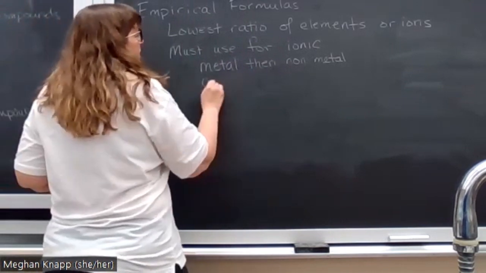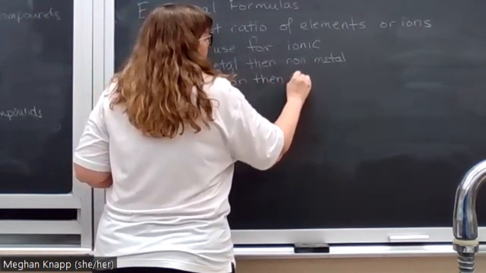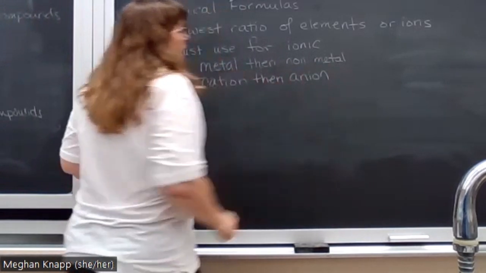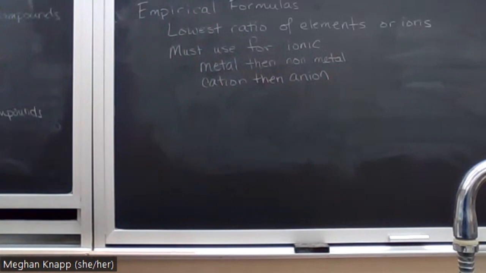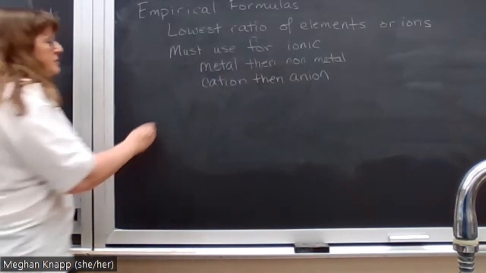What is always true is cation, then anion. So we have one cation, and I'll come back to this when we're naming. We have one cation that is made of non-metals, and that's why I say this is usually true. So ammonium, NH4 plus, is a cation because it has a positive charge, but ammonium, nitrogen and hydrogen, doesn't have any metals in it. So in that case, we'd be looking at cation and then anion. All right, so we use it for our ionic compounds, but